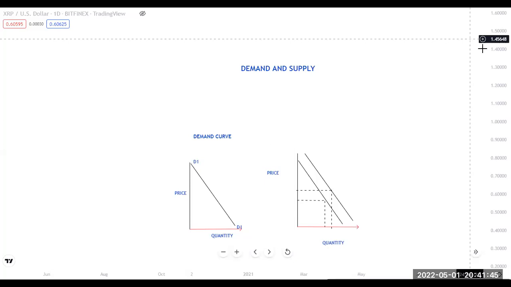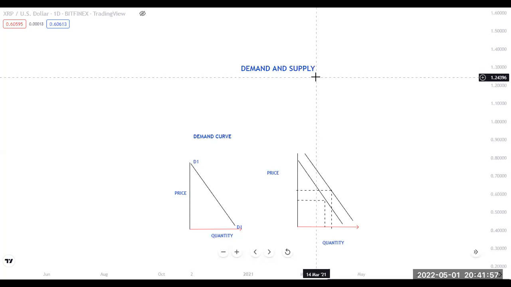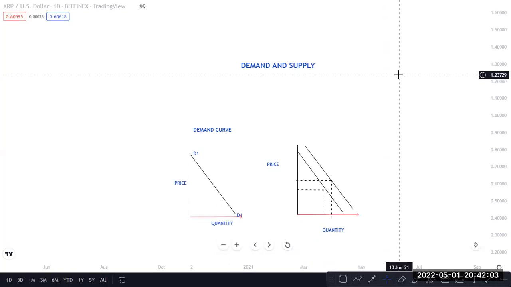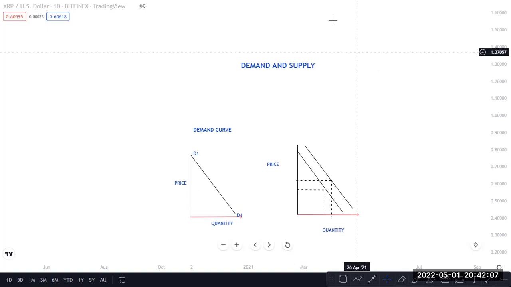Okay, so I won't be sharing all of the stuff, but believe me, after this Zoom meeting, you will know exactly what to look for in the market and what not to look for in the market, what to expect in the market, and what we do not expect in the market. Okay, so we'll be talking about demand and supply.